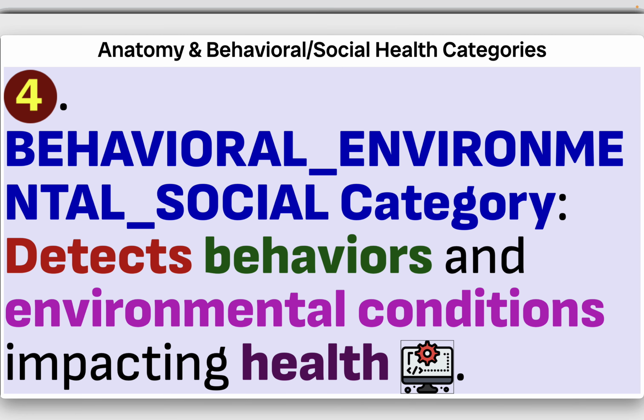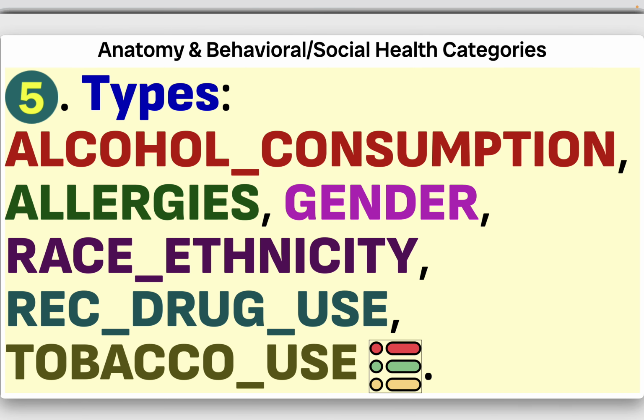Behavioral environmental social category. This category identifies references to behaviors and conditions in a person's environment that have an impact on their health. Specific types detected include alcohol consumption, use status, frequency, amount, and duration, allergies and responses, gender, which are identity characteristics, race, ethnicity, which is social political identification, drug use, which is recreational drug use, status, frequency, amount, and duration, and for example, tobacco use, status, frequency, amount,